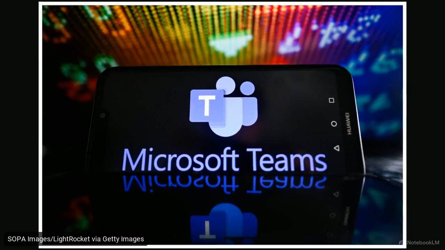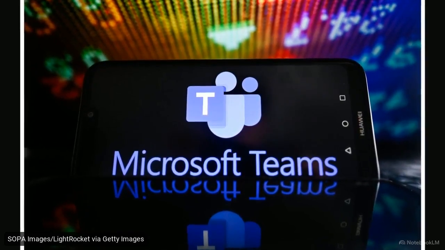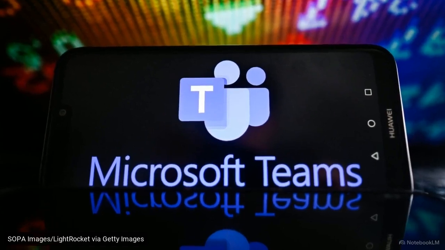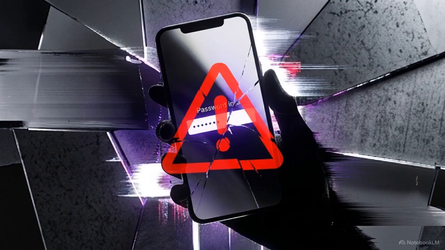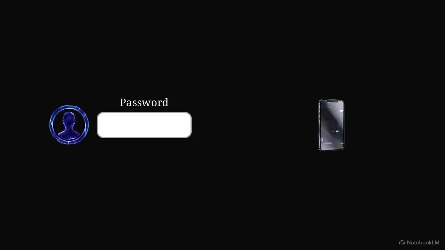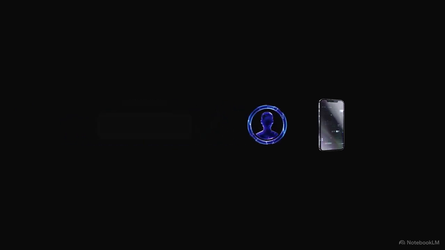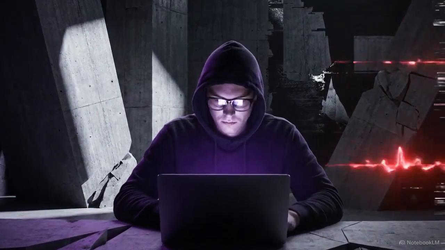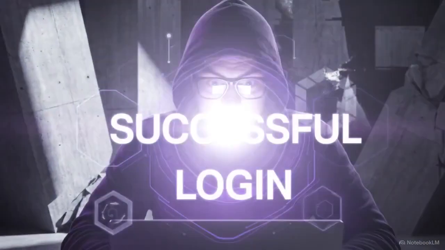Let's run a security audit on your daily habits, starting at the absolute beginning, the login screen on your phone or desktop. The first major point of failure is surprisingly basic. A vast number of accounts operate without two-factor authentication, or 2FA, enabled. Without that second layer of defense, a single compromised password or successful brute force attack grants an intruder total control